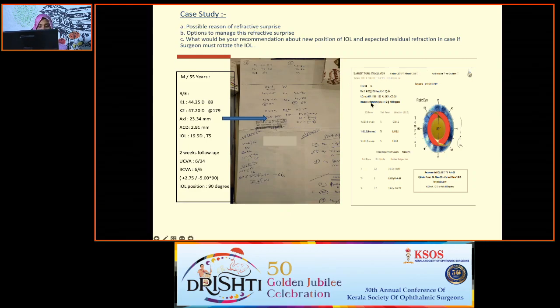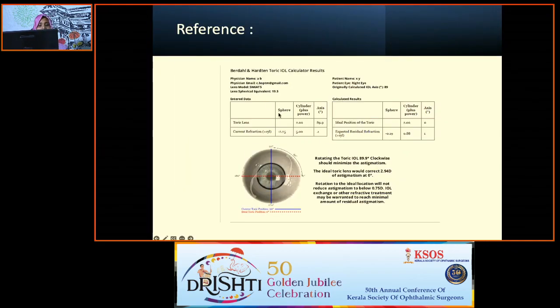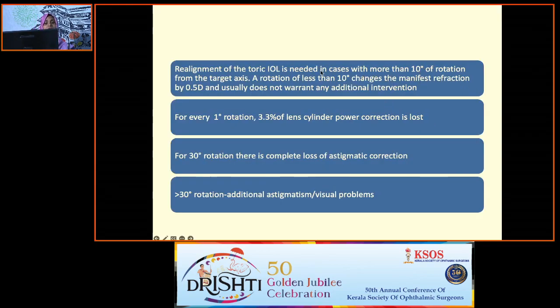So when we put the data in astigmatismfix.com, the axis was not at 90 degrees. Actually, it has to be redialed to 180 degrees. So realignment of the toric IOL is needed in cases of more than 10 degrees of rotation from the